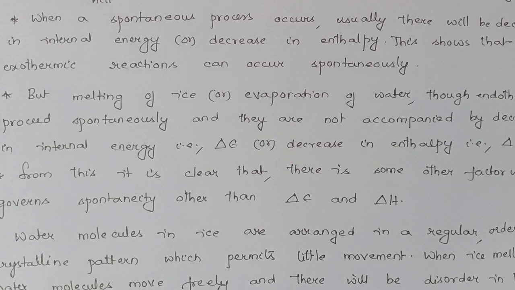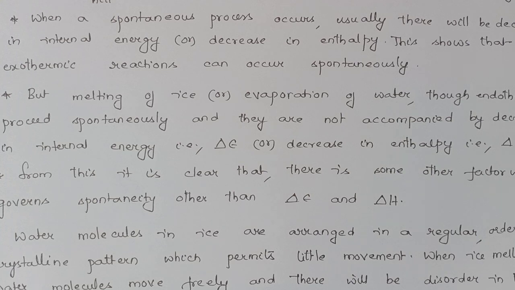Melting of ice. You all know what happens when ice melts or when water evaporates. These two are examples of endothermic reactions. You know the difference between exothermic and endothermic reactions: release of heat and absorption of heat. So previously, what did we think? We thought that as there is a decrease in internal energy or decrease in enthalpy, only exothermic reactions can take place